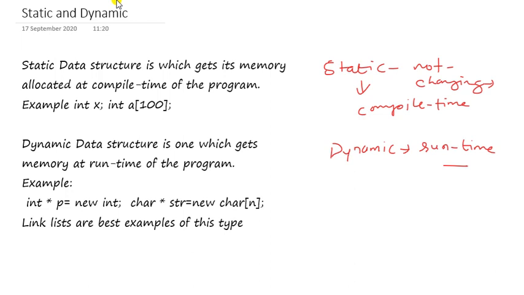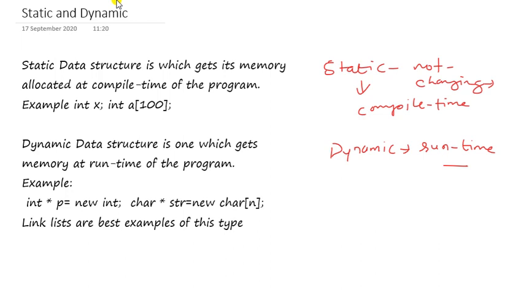So what are these data structures then? Static data structure and dynamic data structure. Very simple. If you allocate memory for the data structure at compile time of the program, then it will be a static data structure. If you allocate memory for the data structure at runtime of the program, then it will become a dynamic data structure. Both have merits and demerits. The advantage of a static data structure is that we can easily and quickly create memory for it. The drawback is that either we can fall short or we can waste memory. That is the major disadvantage of a static data structure.